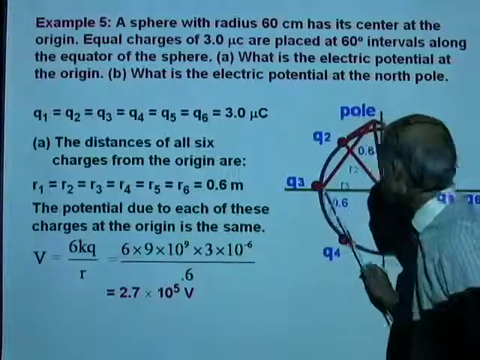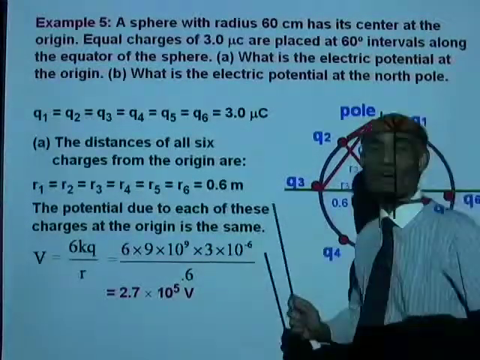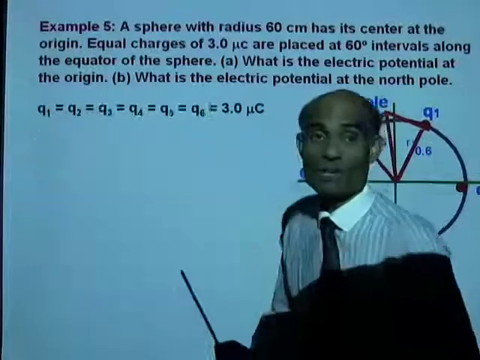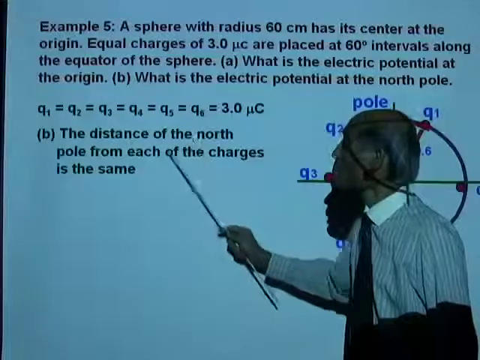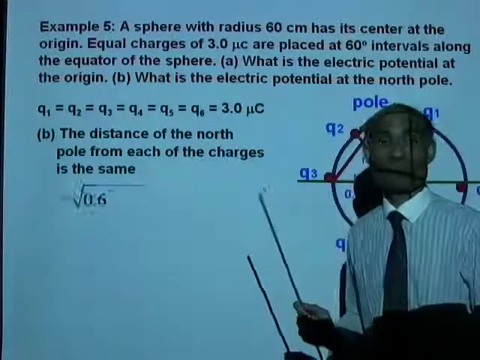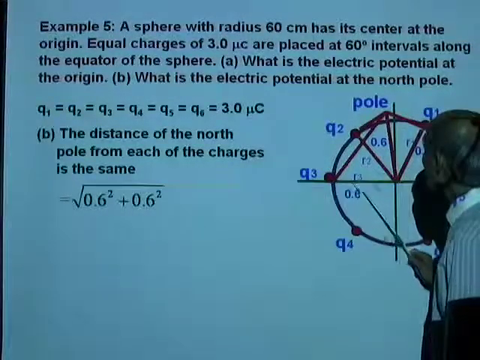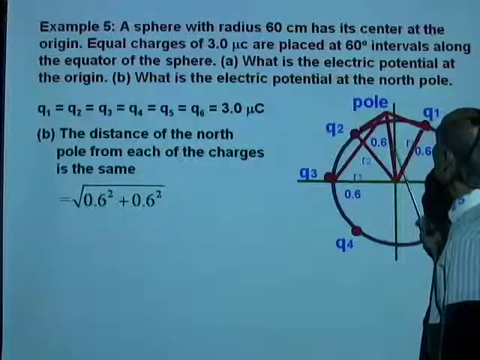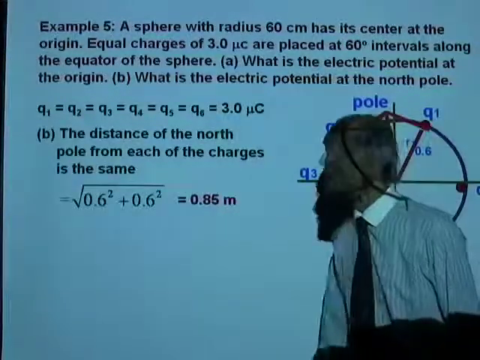That will be square root of 0.6 squared plus 0.6 squared. I hope you got the picture there. The distance of the North Pole from each of the charges is the same, and that is square root of 0.6 squared plus 0.6 squared, that is 0.85